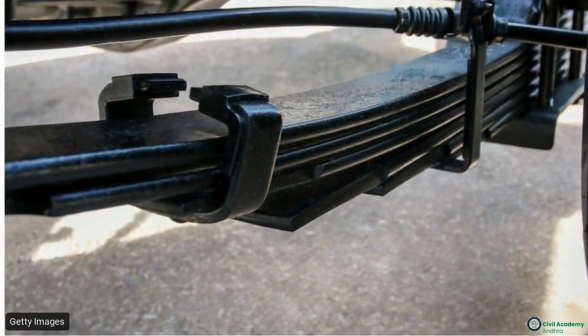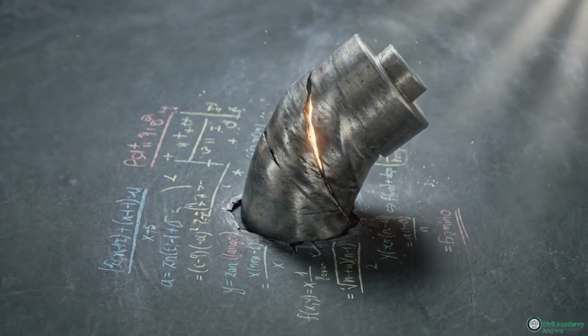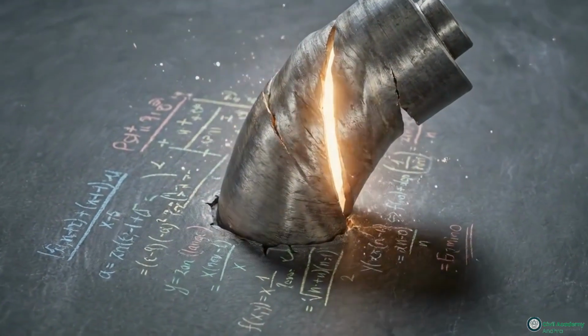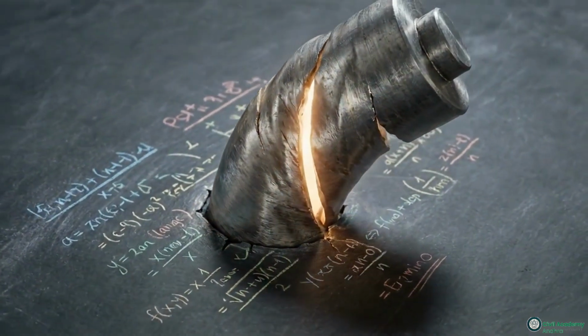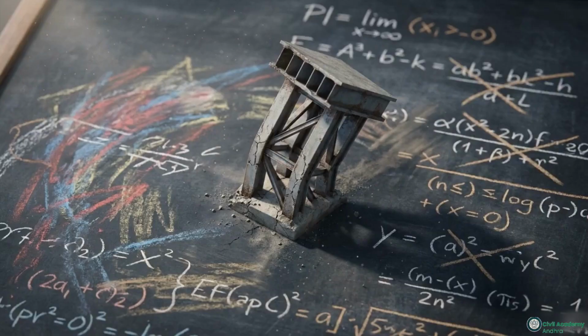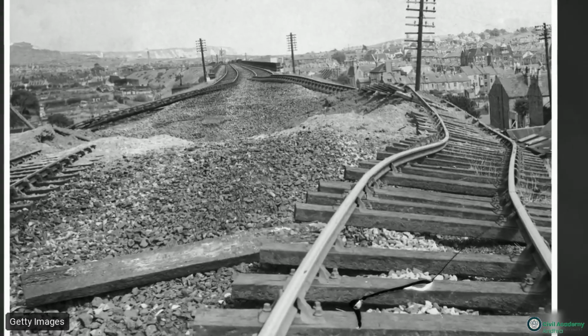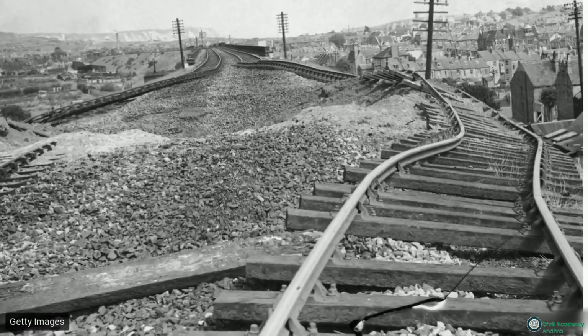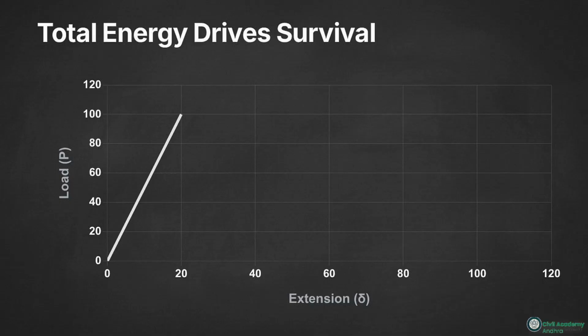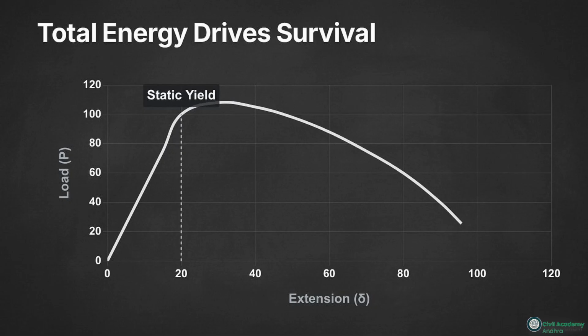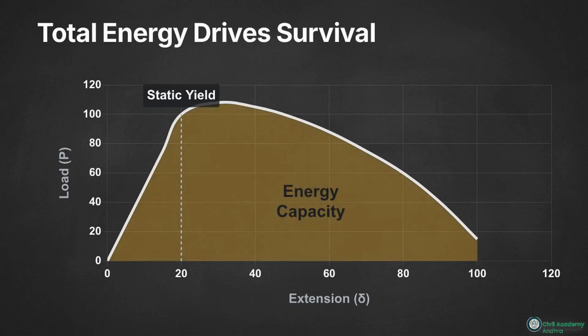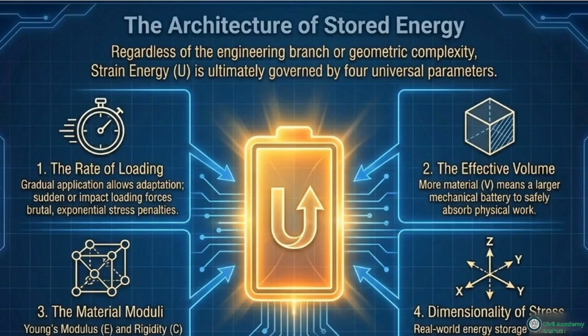Whether a force twists, shears, or bends a material, the mathematical architecture of the mechanical battery remains entirely symmetrical and predictable. When engineers miscalculate these integrated stress limits, or real-world kinetic events overwhelm the math, the mechanical battery fails. This historical photograph of severely buckled railway tracks illustrates a massive release of uncontained strain energy. Static yield strength determines the point of initial deformation, but structural survival is defined by the total volume of energy the system can absorb.